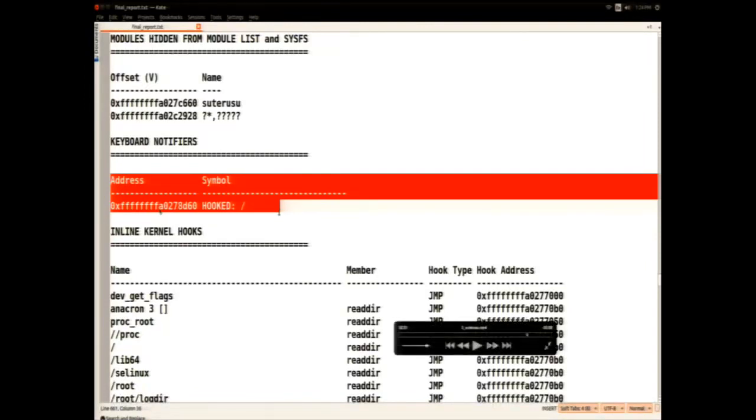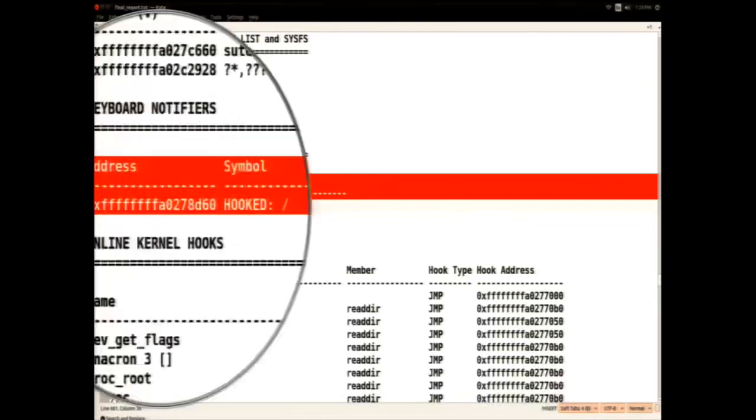This is the address where the callback function is. So now you know that the Sutrusu rootkit can steal your keystrokes, and again, if you reverse engineer the function, you probably get an idea what the rootkit is doing. In this case, Sutrusu is basically writing to the kernel buffer and then writing it to the file. In reality, a rootkit can use this technique to steal your keystrokes, and they can send them over the network.